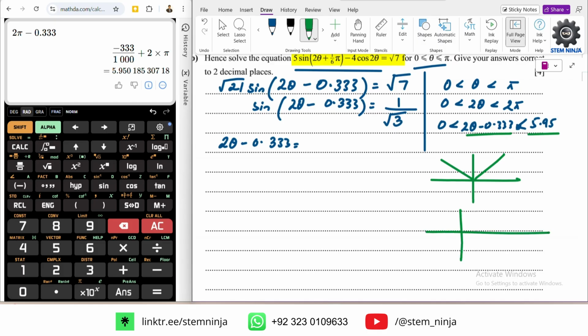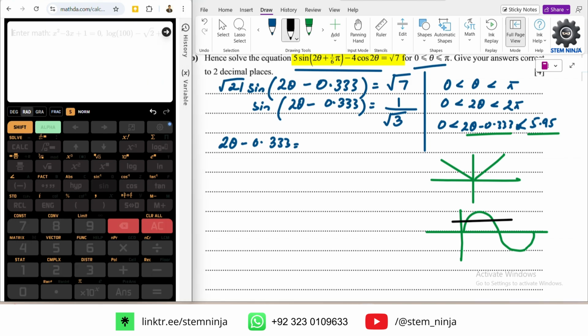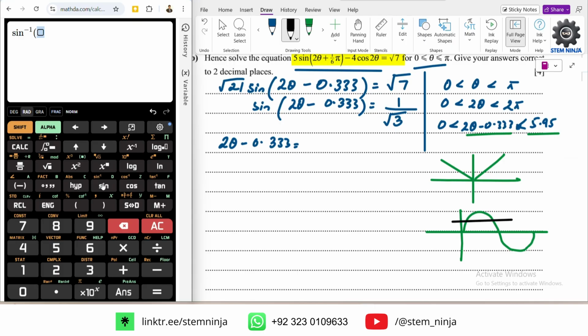In the graph also we just need the first 2. So when we do the sine inverse of square root of 1 over 3,